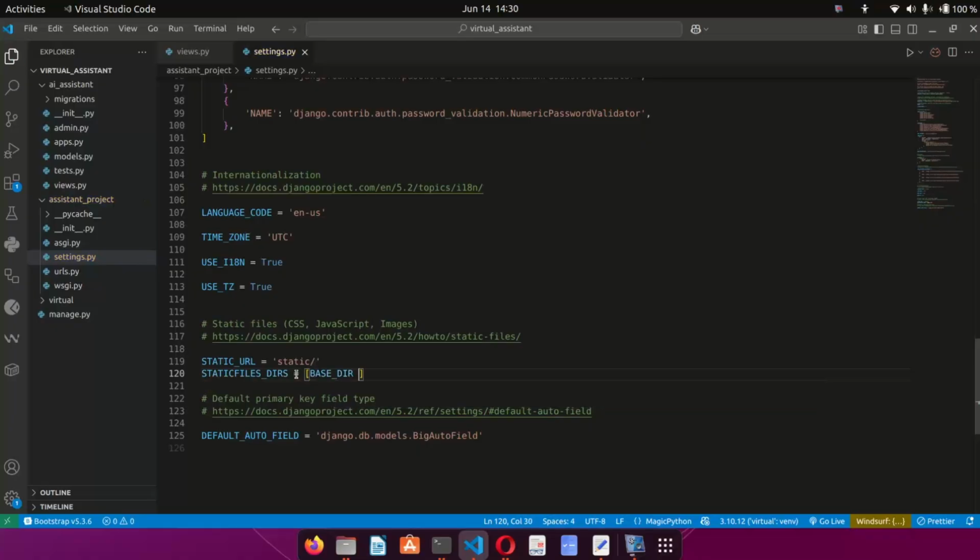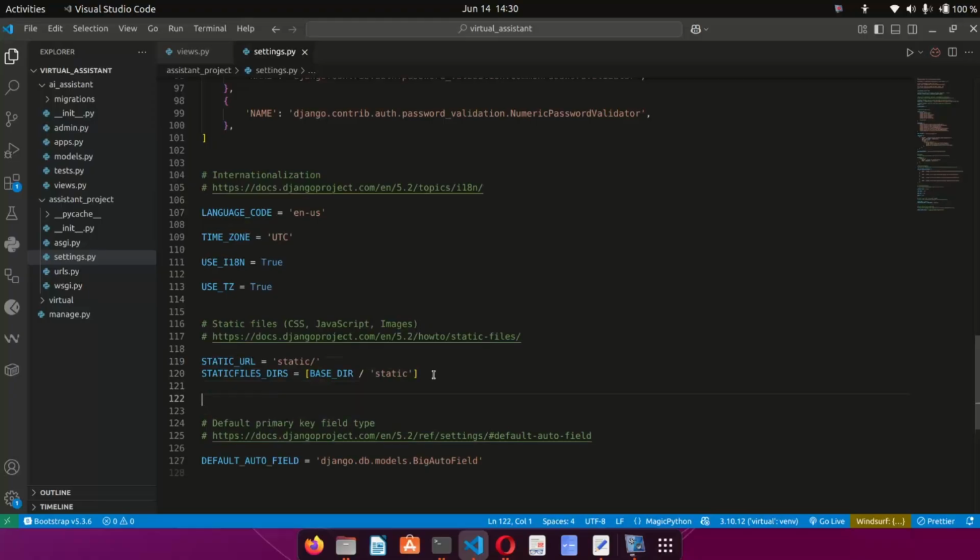So I'm going to do base dir slash static. So this is going to be small letter static. So this will allow Django to find the static files. Okay, so next thing we can do is we can put our OpenAI API key here, OPENAI_API_KEY,